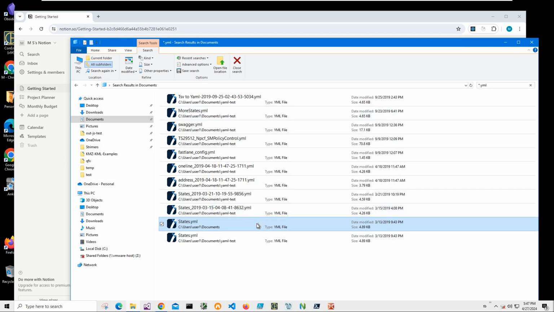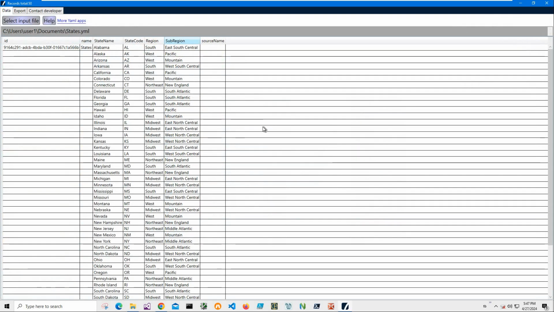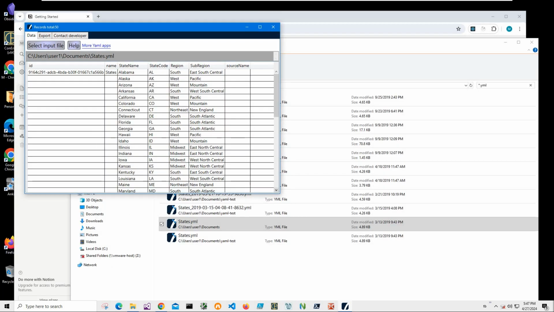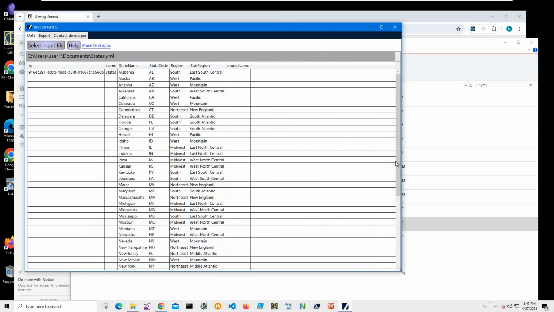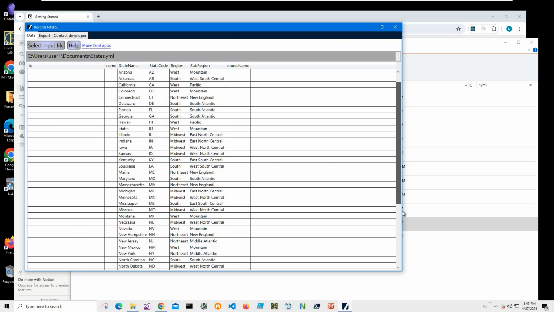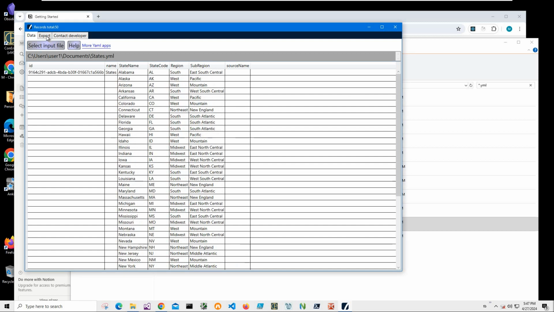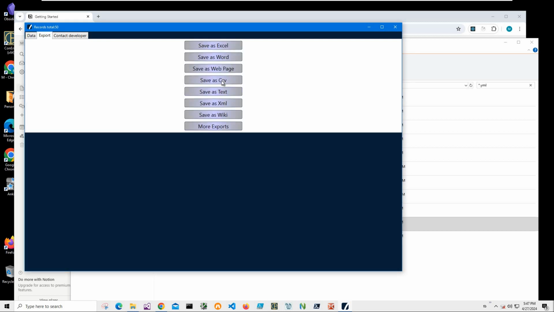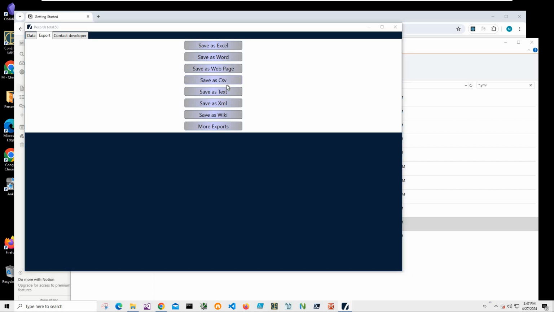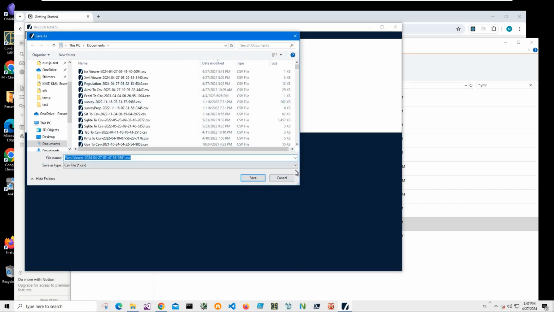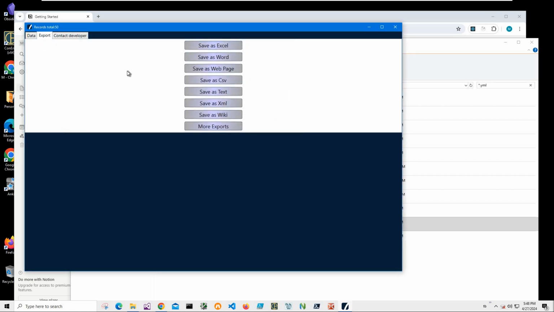So I can double click on the file to open YAML viewer. It's a free app just showing what is inside of the YAML file. And it also has a possibility to export it to CSV. So I click to export, save as CSV. Let me show you quickly what is